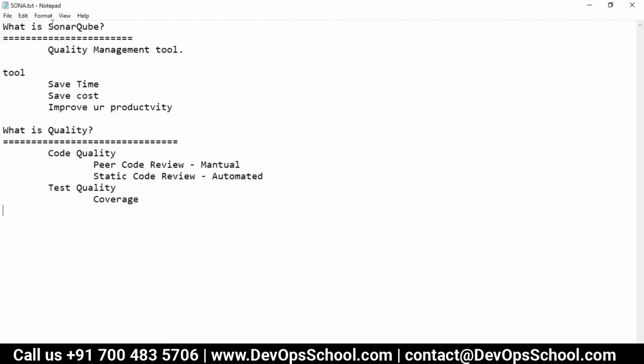Yeah. So when we are talking about the Sonarqube, basically we are talking about the quality in terms of code quality. Here, not adding right now code test coverage. Okay. Now the question is, peer code review we know that. What is the static code review? So basically here, when we say static code review, we try to find out in an automated way